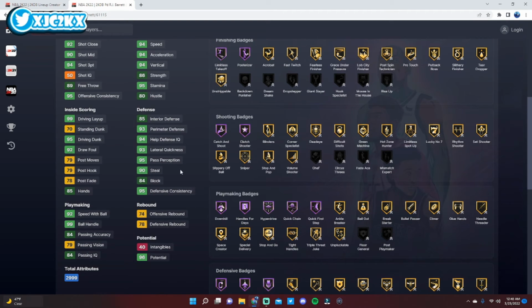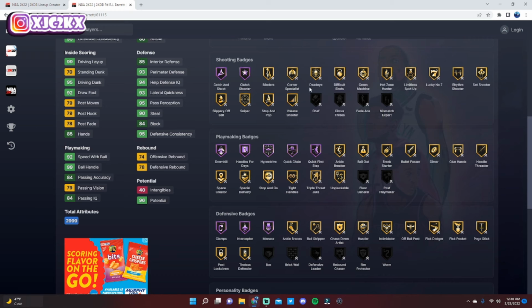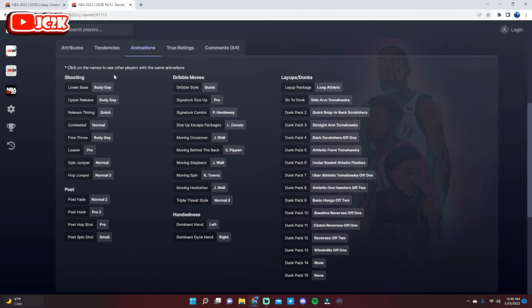Elite defensive stats on the perimeter, and really solid on the interior as well, which does help him out compared to a guy like Cam Reddish. Really good dunker, shooter, great speed. Badge wise, only needs like chef, mismatch, brick wall, rim protector added, and then has Rudy Gay release on quick,